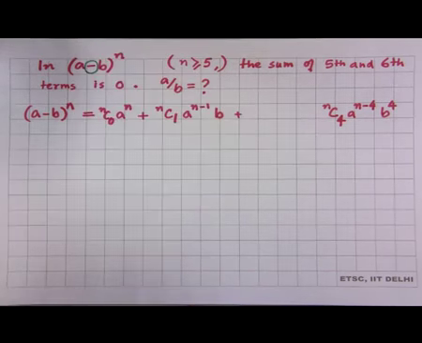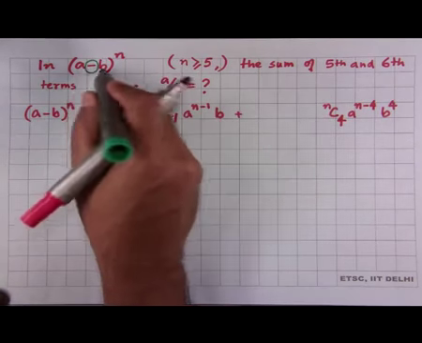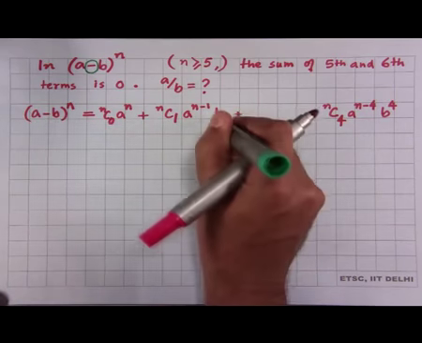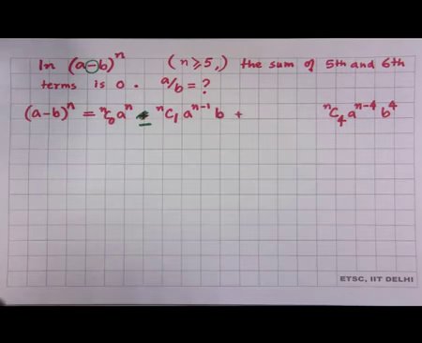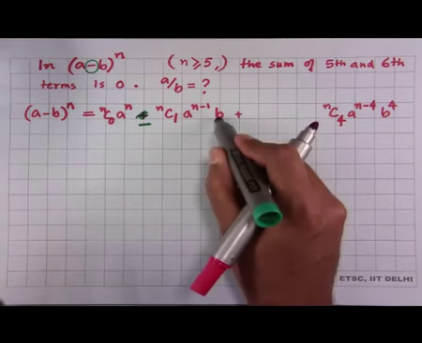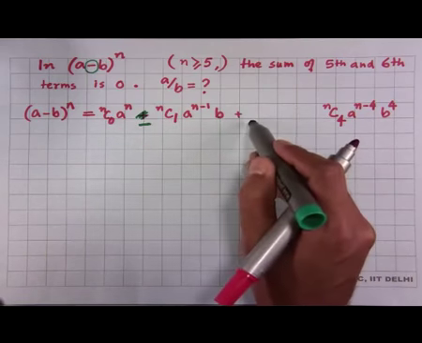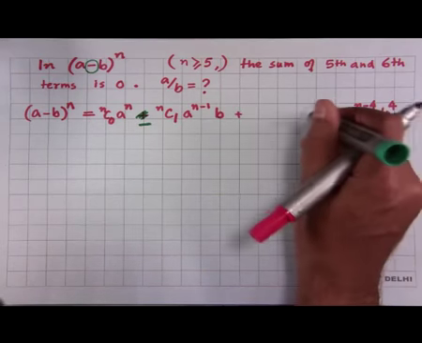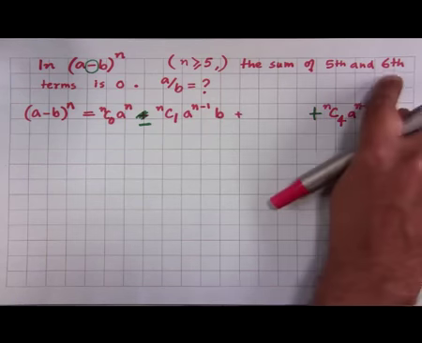I forgot the minus. So you are not doing a plus b, you are doing a plus minus b. So this b comes with a minus. If I just have b, it comes with a minus, b squared comes with a plus, b cube comes with a minus, b power 4 has a plus in front, and then b power 5 is the sixth term. So this is the fifth,